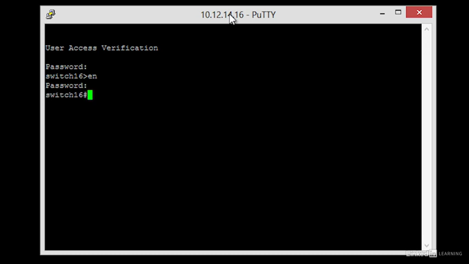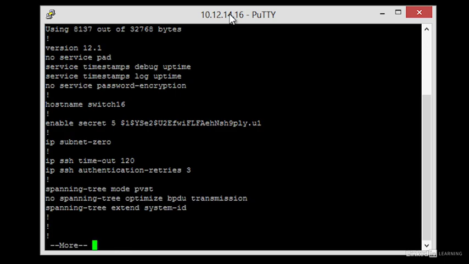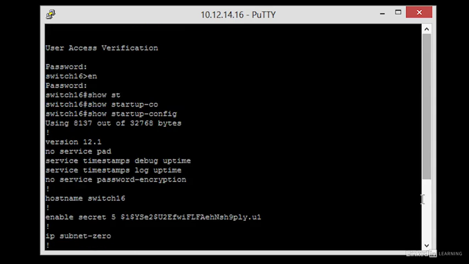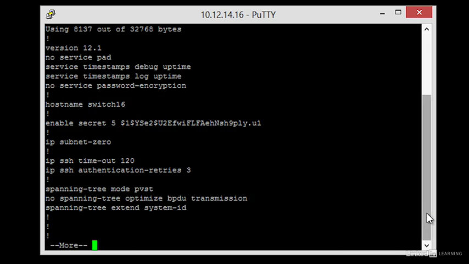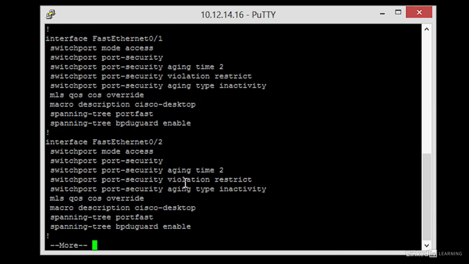And you can see that I have the name of the switch plus the pound sign, which tells me I'm in the enable mode, and I can do all kinds of stuff like show. So what I just did there is I said, show me the startup file for my particular system. And I can go through and see everything that is currently set for the startup. Right now there's not much in there because it's almost exclusively set up from the factory, but